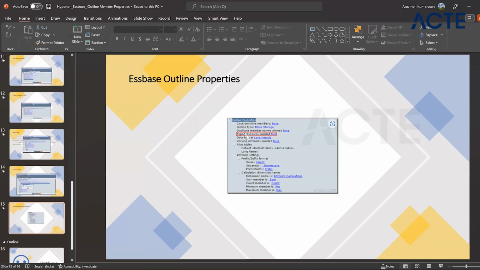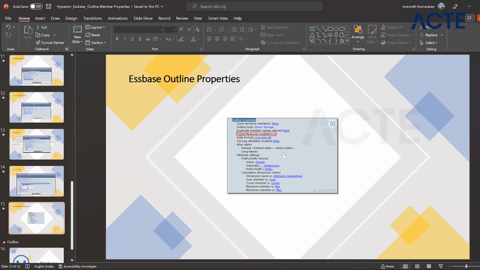Type measures means, for example, we have the account dimension. Under the account we will be creating many text members. But if you want to create some numerical members or date members, if you want that feature, then we have to enable type measures. It should be set to true so that you can include other dimension types like date, time, numeric values, text, like that. And here we have the date format, and we can enable the varying attribute features,